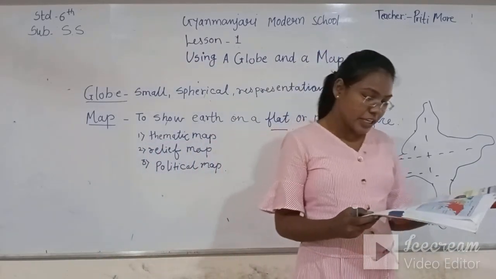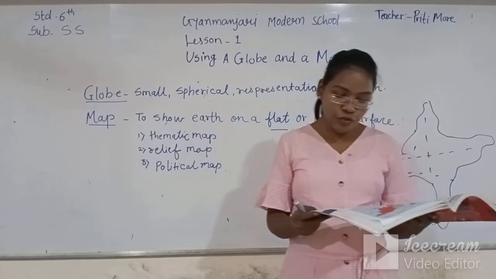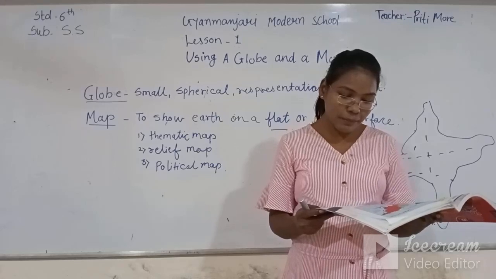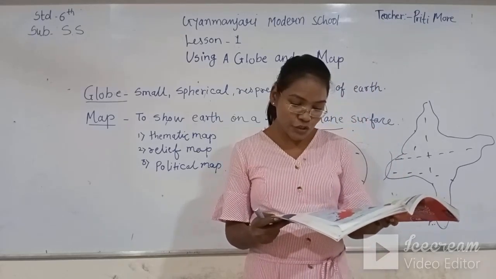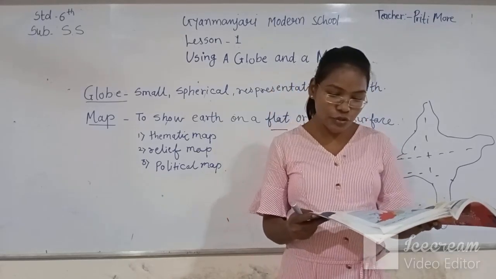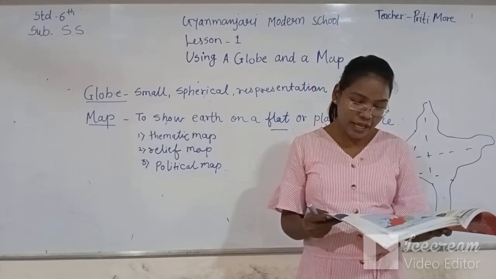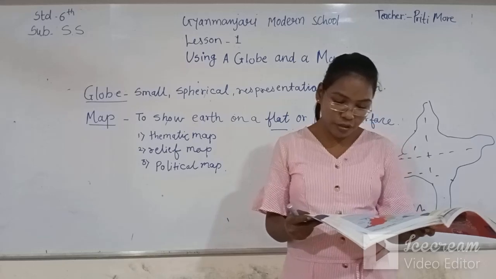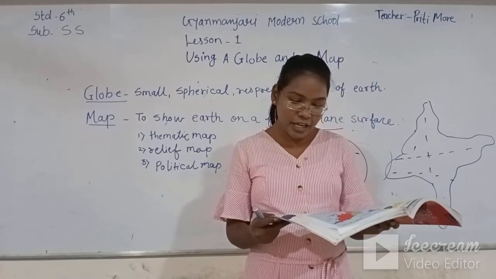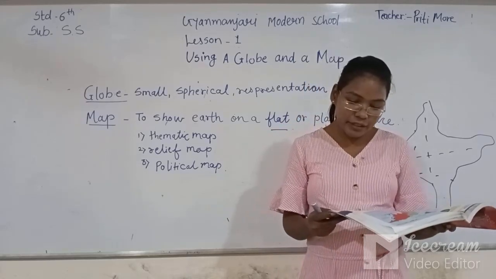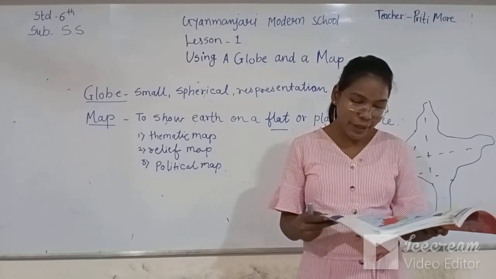Now let's see, if you study a map, you will see an arrow with the letter N for north marked at the arrowhead. It shows which direction is north, so you can then find the other directions. East, west, north and south are the 4 important cardinal directions. A map will also have a title to say what kind of map it is.